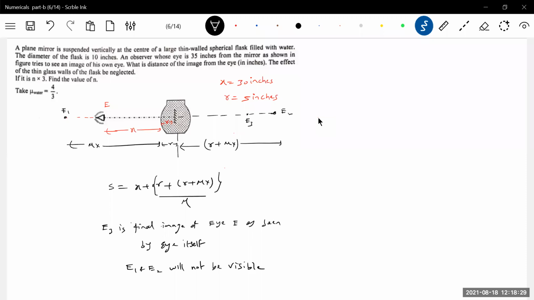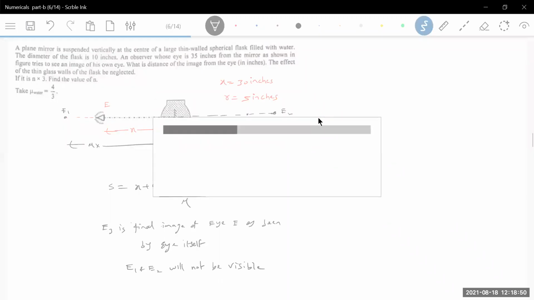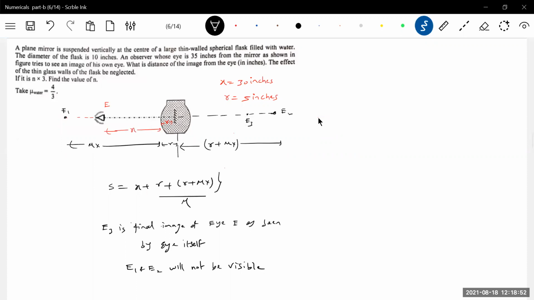Hope you see these are very dangerous questions. Usually, what happened is we took all the problems where one object will see the other object. That was a different thing. But here the eye will see its own image. Where will its image appear for the eye? At what distance will it appear? Okay, any doubt you have, you can clarify.